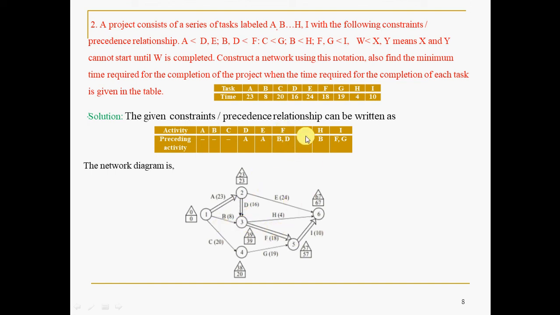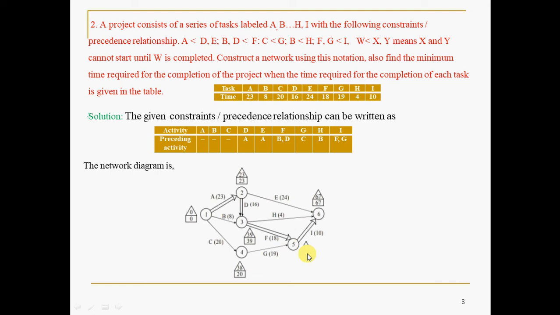And after C, G. Where is C? C is somewhere here. G you can take. After B, H you can take. And one more thing, same thing is repeated here. F, G should happen before I. So hence you try to terminate F, G with a common node. Somehow, you can draw and redraw if necessary. Try to terminate the predecessor nodes with a common node, as we have done here with B, D.